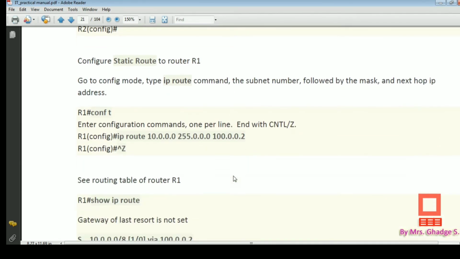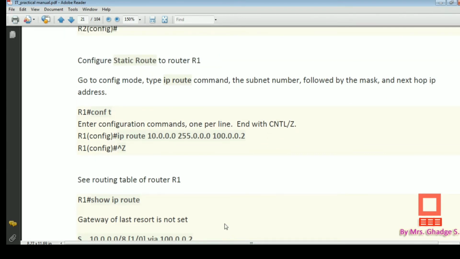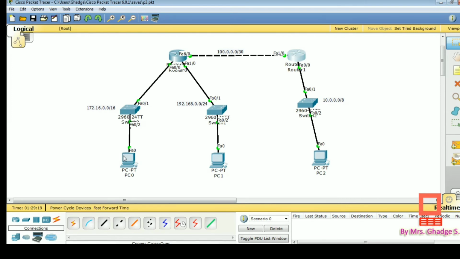At the right end you can see one packet-like structure, that is a simple PDU, and another option, that is a complex PDU. So first we are using the simple PDU. Just click on it and click on PC0, and its destination is suppose PC1.